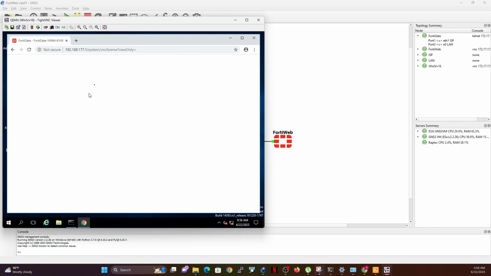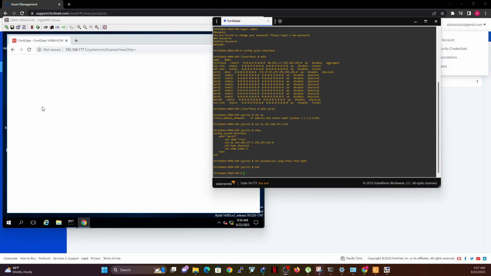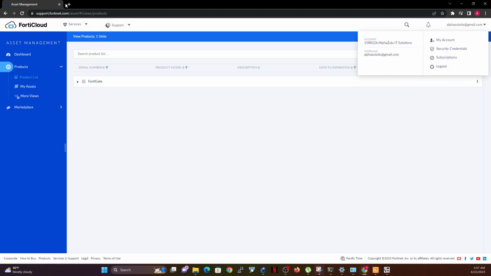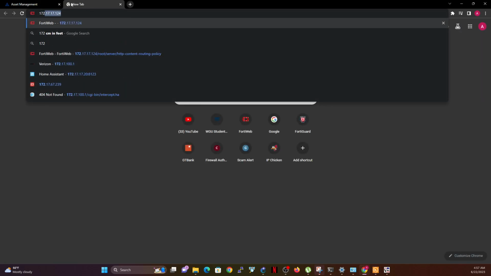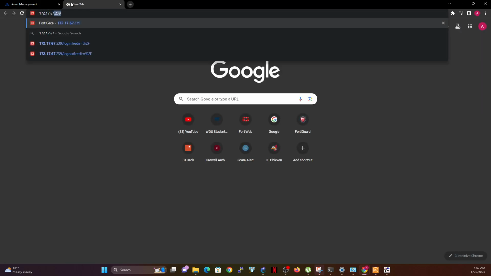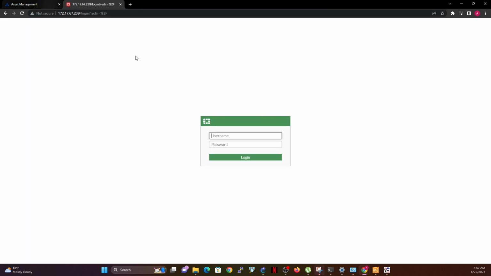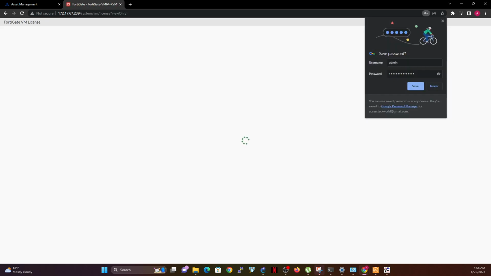Let me see. For some reason, I'm having issue viewing this page on my Windows server. It's not an issue. Notice that my port 1 happens to get an automatic IP address, so I can actually use my own web browser on my computer, which is in that same subnet 67.239, and then type in my username and my password. And I'm still going to open the same page.